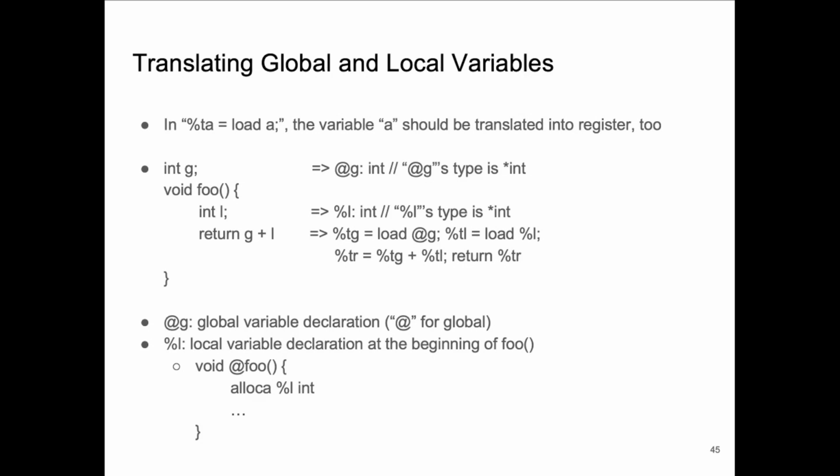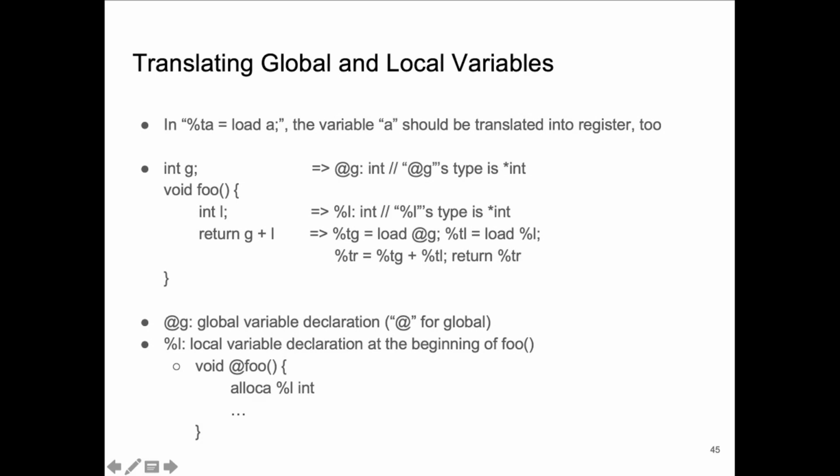It should have an address, and this @g and %L is going to store the address, and this address will later be used to load the value stored in those variables. For example, if you're going to return g plus l, the meaning of this is that you first load the value that is stored in g, and then you load the value stored in L, like this. %tg is the value loaded from the pointer that is stored in this @g, and %tl is loading the value from the pointer that is stored in this